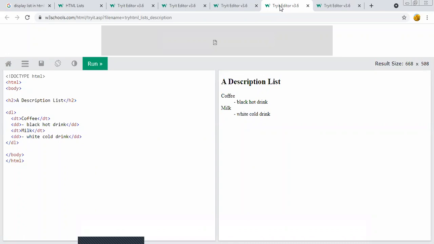Whenever we want to define something, for example if you want to display the definition of a web page, we define the web page, and after that we follow with the actual definition of the web page. So this is the use of the definition list tag.